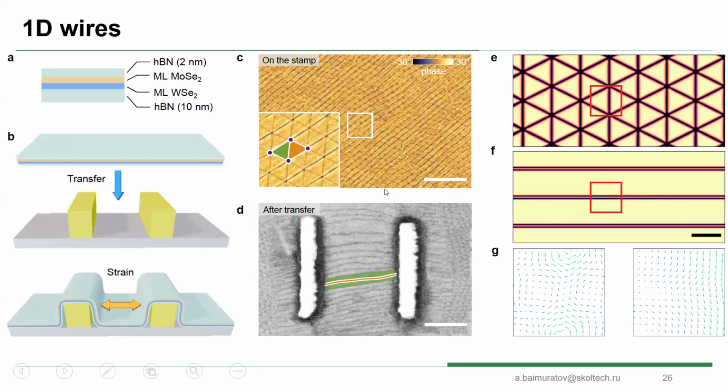And it's good because it's one of the first steps in how you can manipulate this reconstruction on purpose. This was a very simple geometry of two gold bars, but the idea is that you can create more complicated patterns and maybe introduce not only wires, but also some connections between these wires and other interesting things.